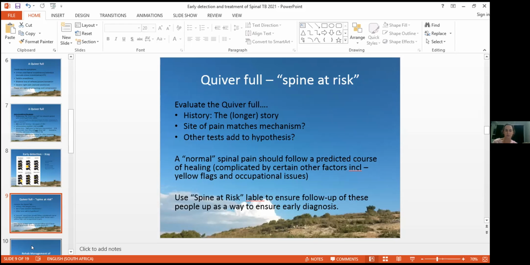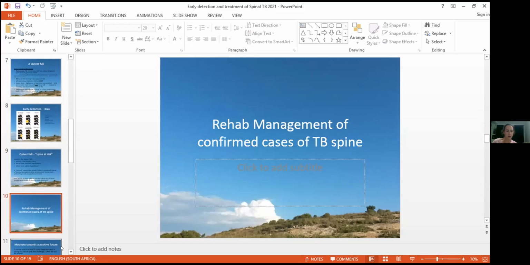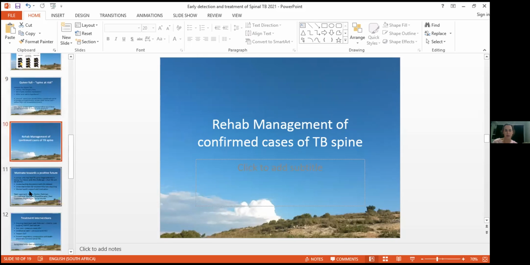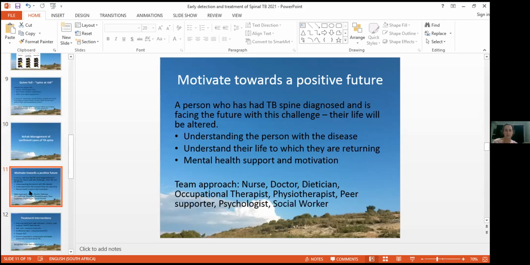So having a different sort of label can be helpful. And then quickly, for those people who have actually got confirmed cases of TB spine, obviously it can present with all sorts of different severities. But regardless of the severity, if you imagine yourself getting a diagnosis of TB spine, you've got an uncertain future, knowing that your life's going to be altered in certain ways. Regardless of whether you have a complete healing or not, you're still going to have a period of time swallowing lots of TB